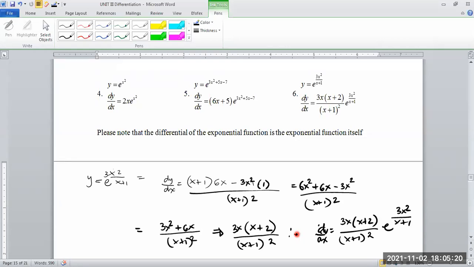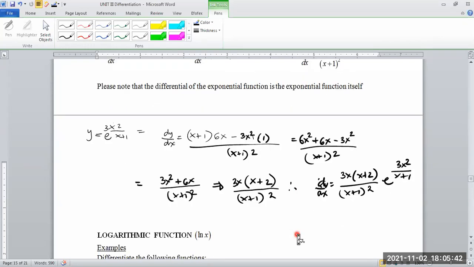Then, sir, do I have to factorize the numerator? If you left it at 3x squared plus 6x, I still did the math, but we try to factorize because we don't know if there's anything in the denominator that we could cancel out, as you would have seen us do for the quotient ones in particular. All right, so Sean, thumbs up if you're with me, thumbs down if you're not.